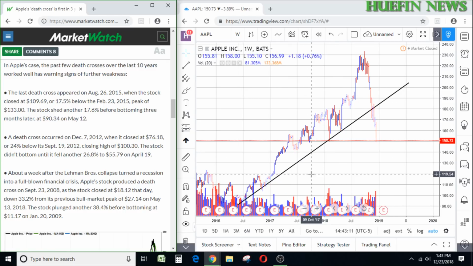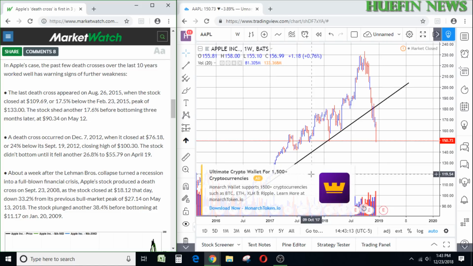Now, looking over here at the price chart for Apple stock, this is the weekly bar. Go back and check some of our videos about Apple. We have been telling you that the market is weak. That's why we do not depend on lagging indicators, because you are already in the hole 25-30% for Apple stock. So will we have more downward movement of 20%, 30% in the near term before we find an area of support? Highly likely.